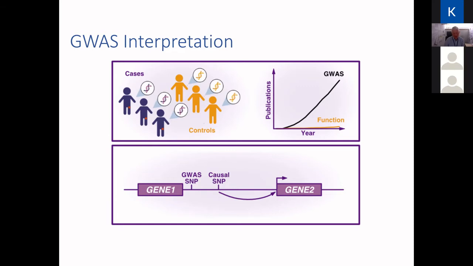One thing that has become apparent is that when you identify a polymorphism through a GWAS, so for example, if this is your GWAS SNP, it's not necessarily the causal one. There can be other polymorphisms that correlate with your GWAS SNP, and you need to try and identify that causal polymorphism itself. And the other thing is that these polymorphisms tend to reside within intergenic regions or non-coding parts of the gene. So most polymorphisms for most complex traits don't alter protein coding sequence. Instead, they regulate the expression of the gene, how much of the mRNA is synthesized, where it's synthesized, and so on. So it's a regulatory effect.